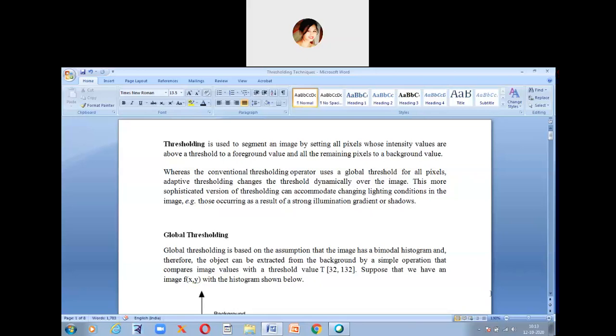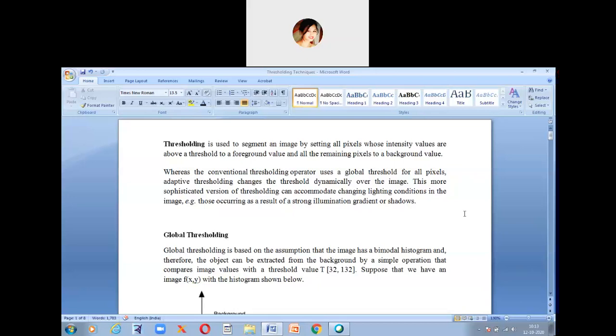You have to perform thresholding in such a way that you set the pixels whose intensity values are above a threshold to a foreground value and the remaining pixels to a background value. That is, you have 2 values for it: one is the upper value, one is the lower value.